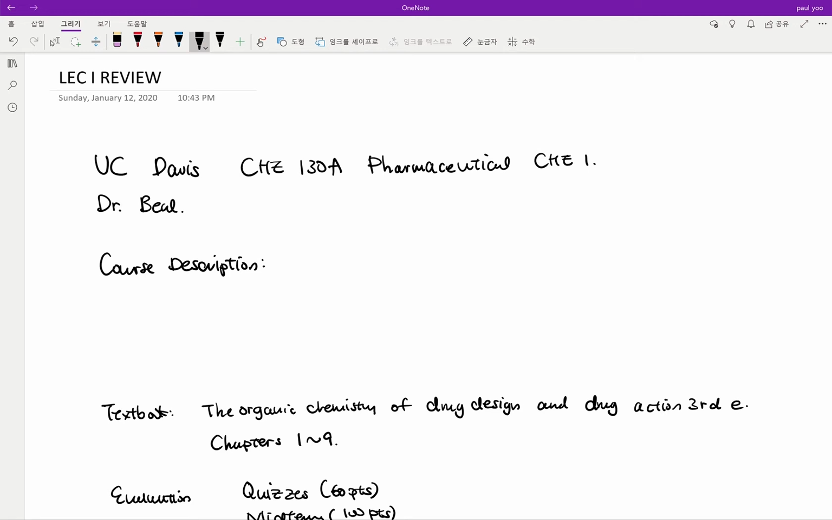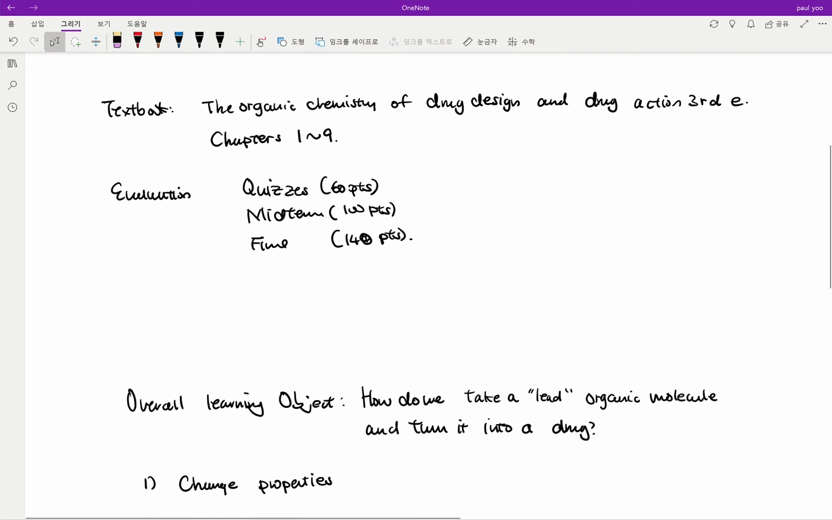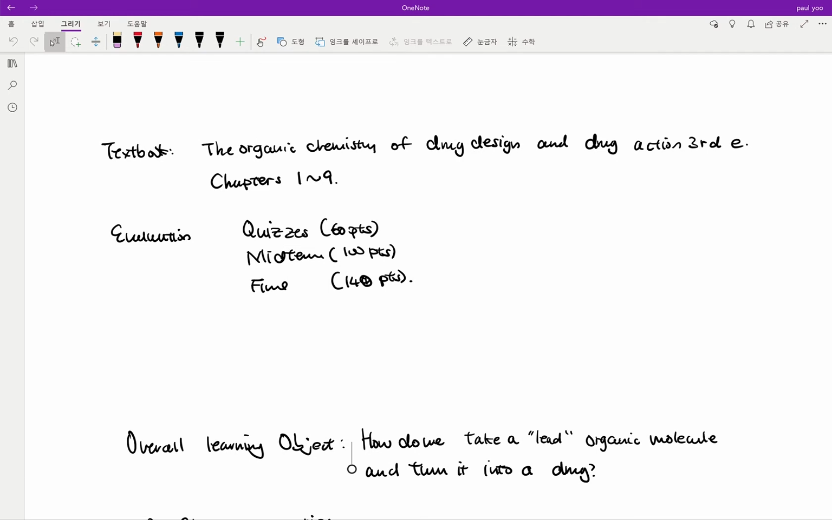This class will provide an introduction to the chemical principles behind the design and production of pharmaceutical agents. The textbook we will be using is The Organic Chemistry of Drug Design and Drug Action, third edition, chapters